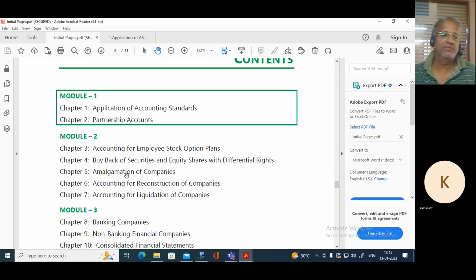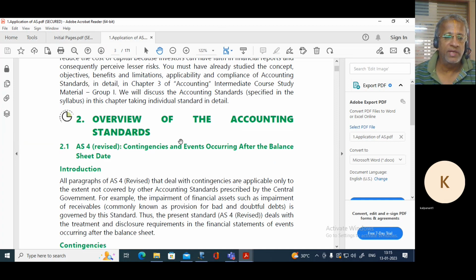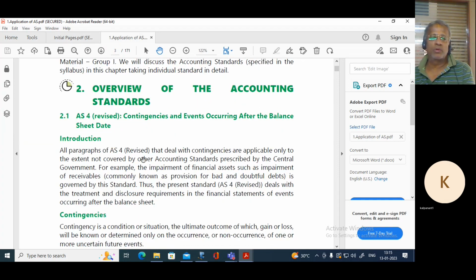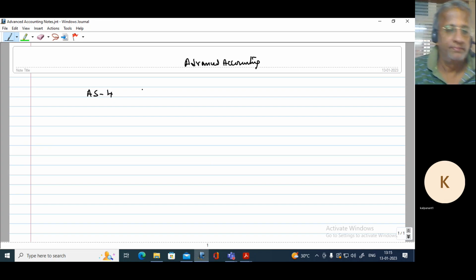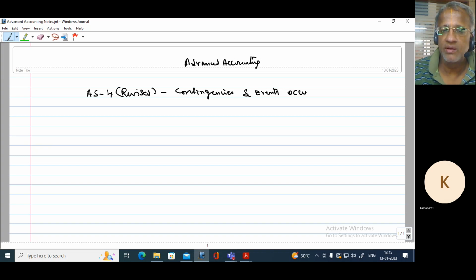Now let us just start firstly with application of accounting standards. Under that, we have firstly AS4, revised: contingencies and events occurring after balance sheet date. Contingencies and events occurring after